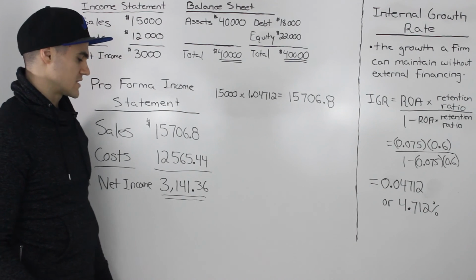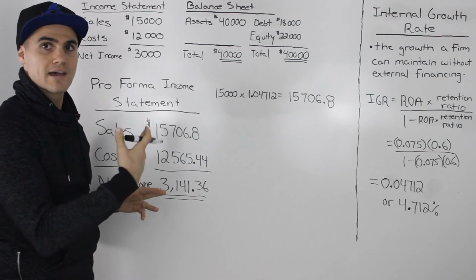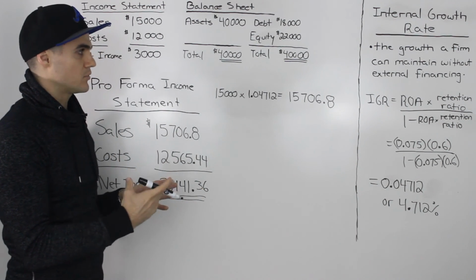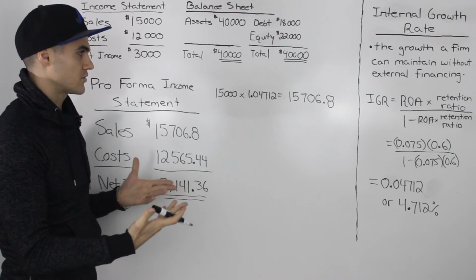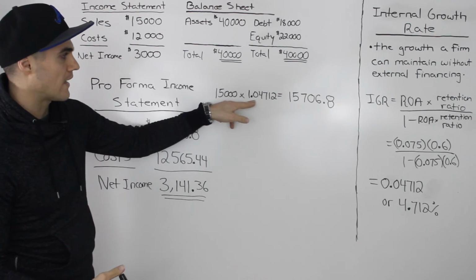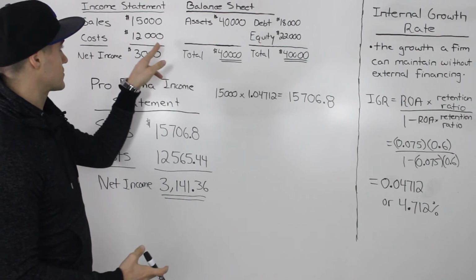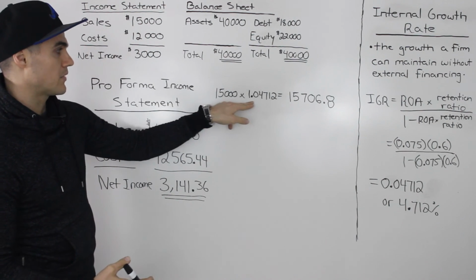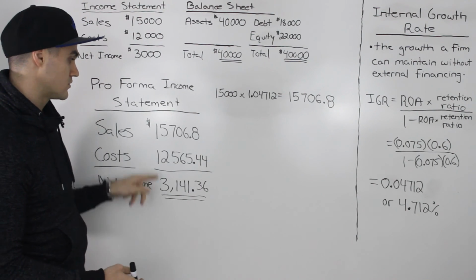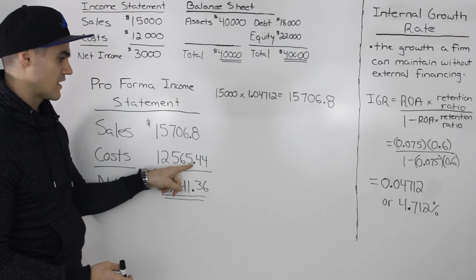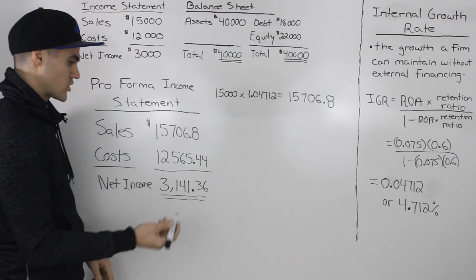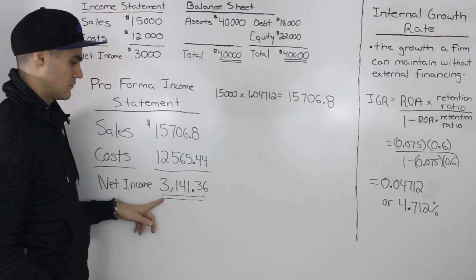And then we would do the same for costs, because as was mentioned in the beginning of the example, the costs vary with the sales. So they're proportionate, so they're going to grow at that same percentage. So taking that 12,000, multiplying it by 1.04712, you would get 12,565.44, and then subtracting those two, you would get a net income of